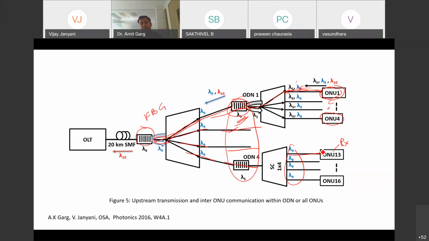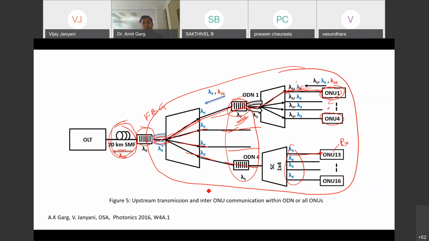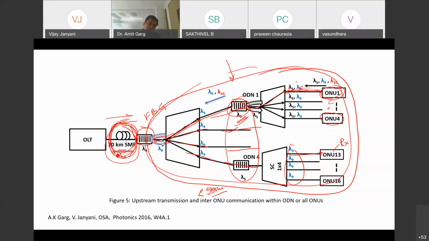Now remember that this distance is 20 kilometers, whereas this complete distance is much smaller than this. This may be less than 500 meters total distance. Looking at it, it seems that this is small and this is large, but this is actually a very small distance, and this is the major part, which is 20 kilometers. So this results in considerable saving of bandwidth, saving of energy, saving of time. So it is giving you a bit better latency.